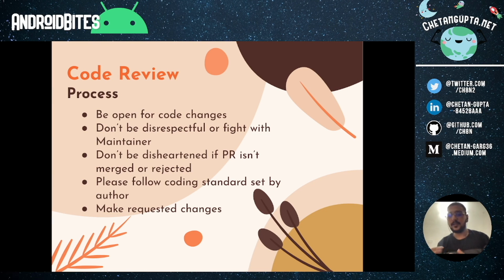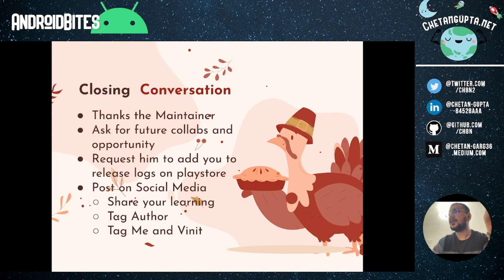And if you are not able to figure out what the guidelines are, go and explore the code that is nearby, right? If you see two or three ViewModel classes, you will be able to understand how the guy has architected things. So you can follow or copy most of the things in your solution as well, right? So always respect the author's implementation in that regard, and change all the things that the author has requested, right?